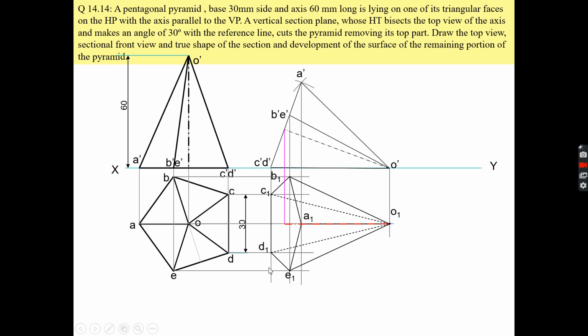Suppose you are cutting the solid like this, okay. After cutting the solid, you have to remove the portion which is nearer to you. If you cut the solid like this, you have to remove this part, and this part is the bottom of the solid, right? If you cut the solid like this, so this top portion will be cut out, right? And you have to remove the top part. And this part is nearer to you. So you are fulfilling the requirement of the question. So you have to cut the solid like this.